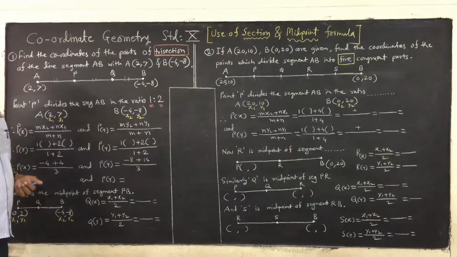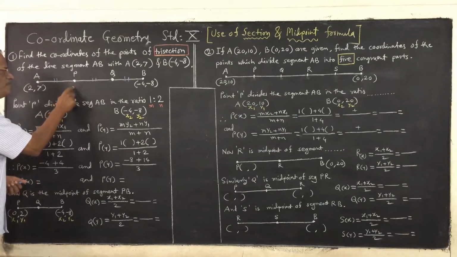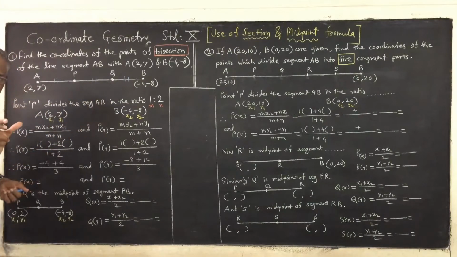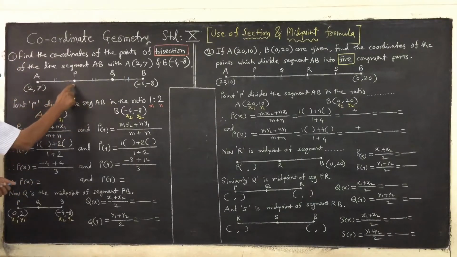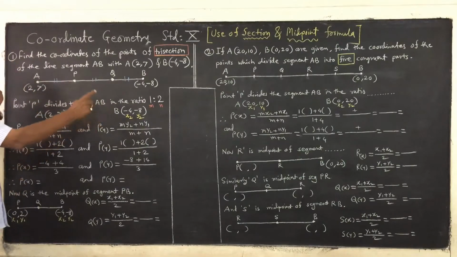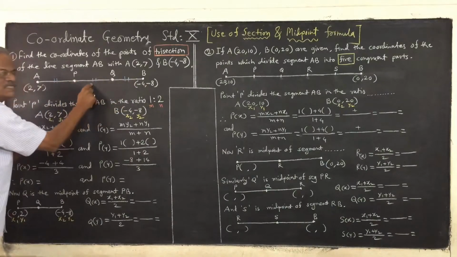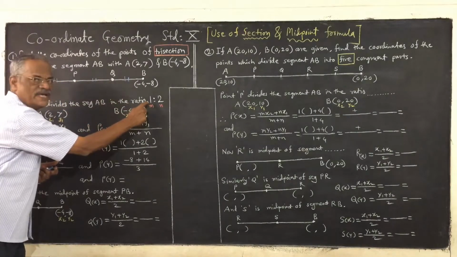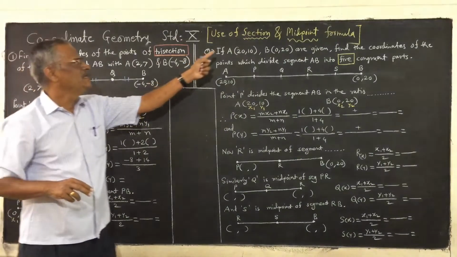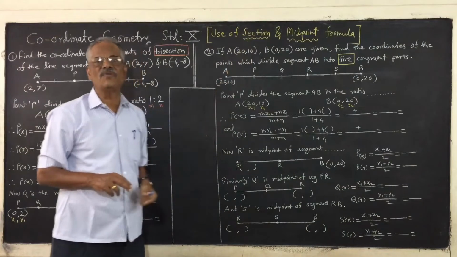So to find out coordinates of P and to find out coordinates of Q, very interesting point, consider P point only, single P point. In that case, P point segment AB, it is dividing in the ratio 1, and from this point it is 2 distance. So what is the ratio there? 1:2. That is important. So in that case we have to use that section formula.